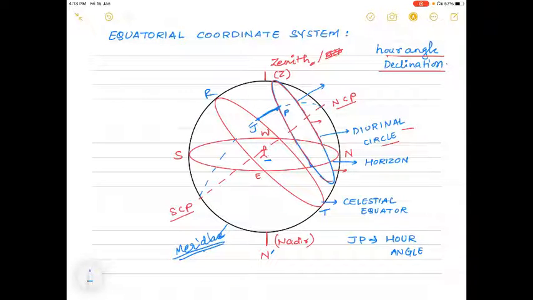Now the celestial equator intersects the local meridian at two points, point R and point T. To find the declination of the star at point P, we have to find the angle between point R and point J, where J is the point where the great circle passing through the star intersects the celestial equator. Now this angle RJ is called the declination.